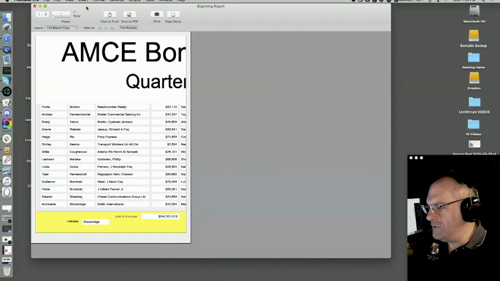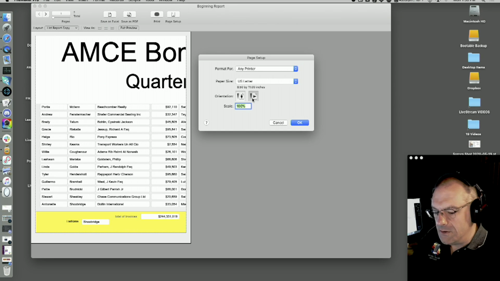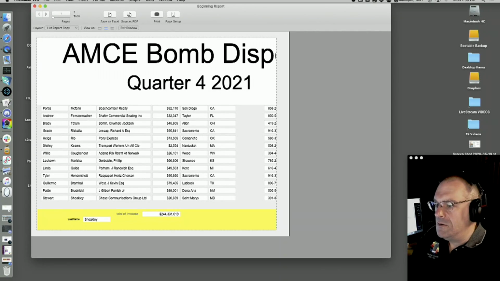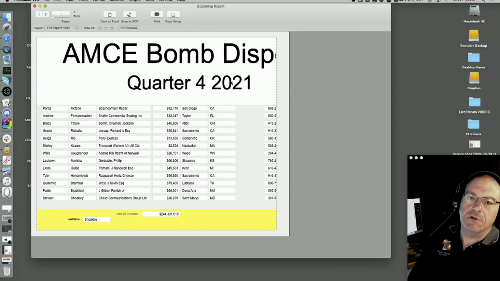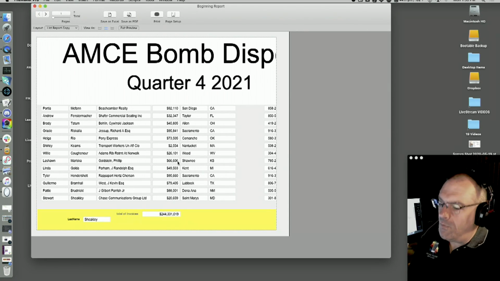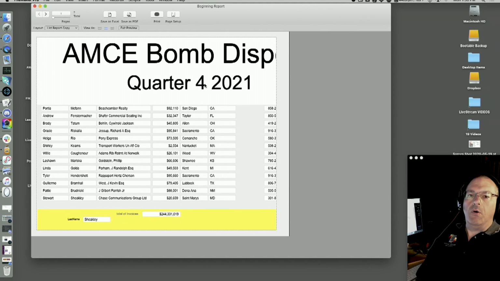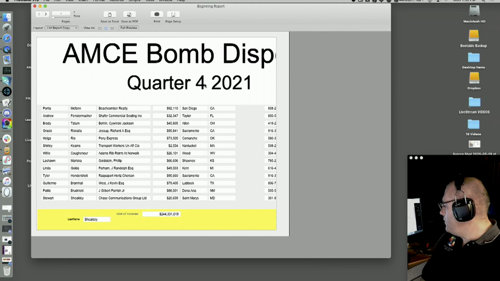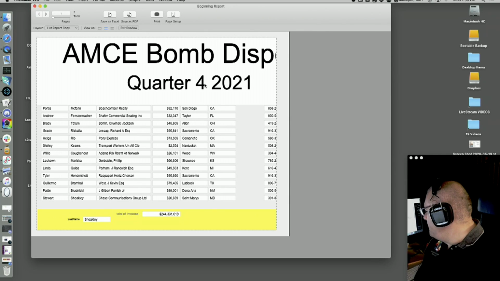So let me see, page setup, let me turn the paper sideways, make it 80%. So there you go. That's how you would normally title it in real life. You put a global up there and do it that way. That way, no matter what record you're on or whatever's going on, you precisely control the titling of the report. Okay? Pretty cool.